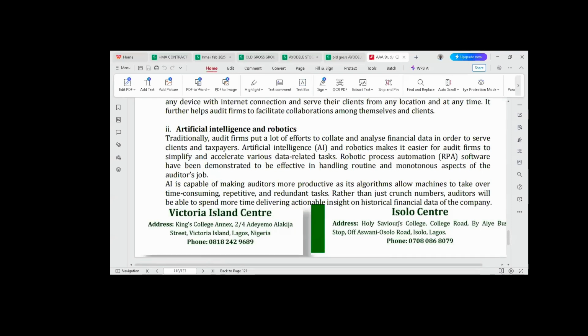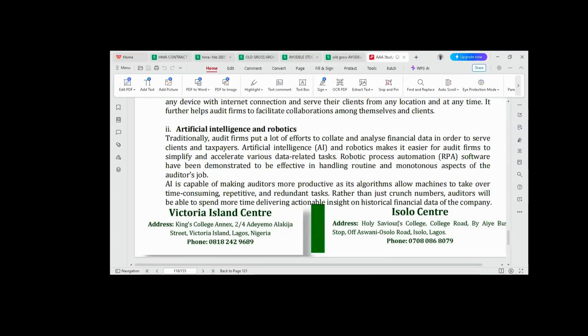As an auditor, the software that we use has the capability of working with AI. What that means is that all those repetitive tasks, the AI can quickly help to solve them, while the auditor focuses on more